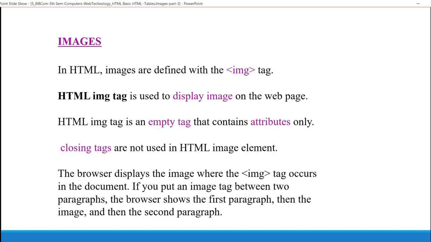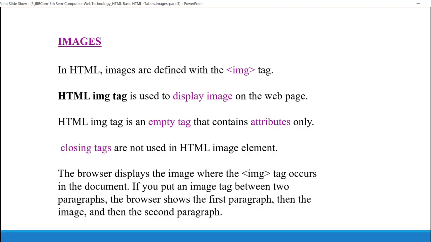Why are we using images? To display a picture on a web page. What is the tag that is used for representing images? IMG tag. Image tag is an empty tag. It contains only attributes. It is an opening tag. It doesn't have any closing tag.